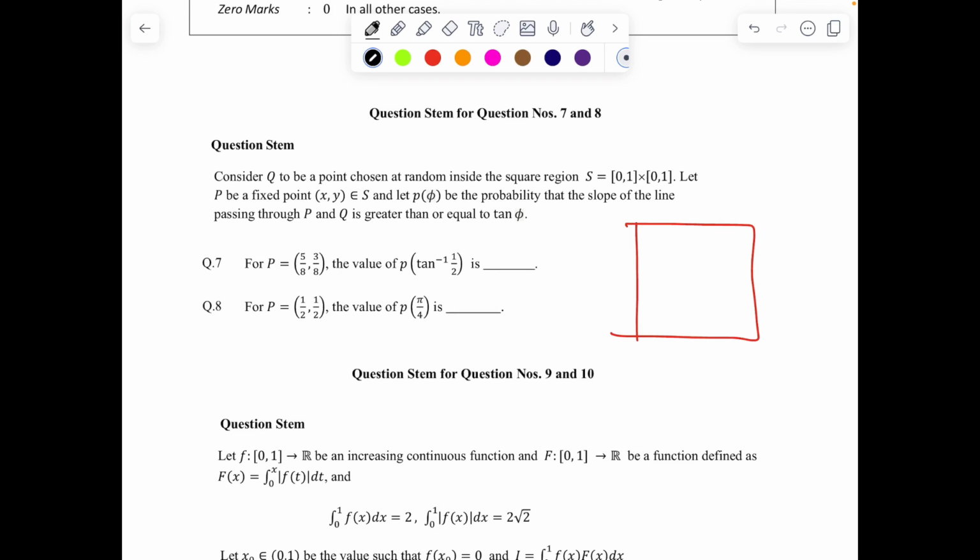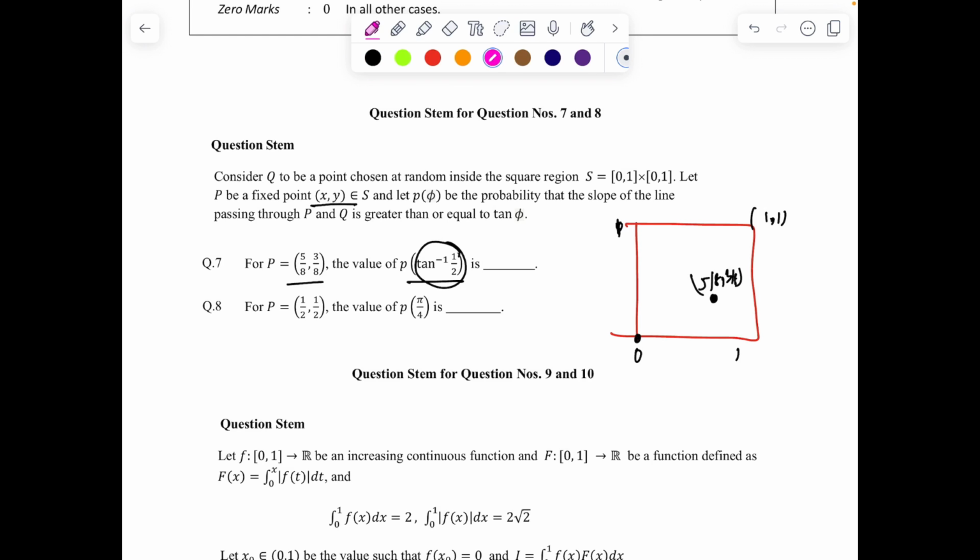So Q is a point randomly selected from this square, (0,0), (1,0), (0,1), (1,1). Let P be a fixed point (x,y) which belongs to this region, and let P10 be the probability that the slope of the line passing through P and Q is greater than or equal to 1/2. So if we have a point, let's say 5/8 and 3/8, then 5/8 and 3/8 will be somewhere here. What is that? That the slope is more than or equal to